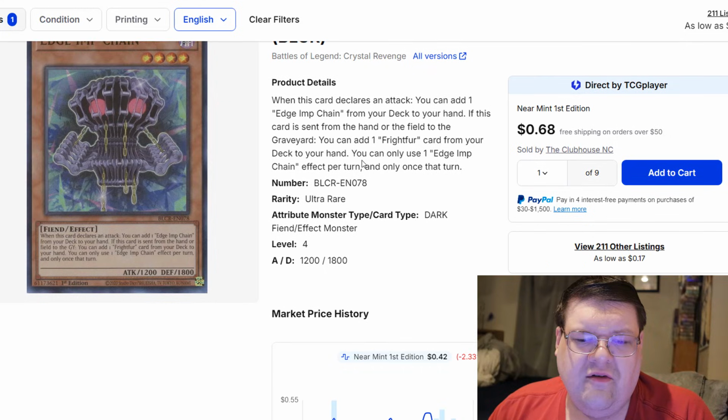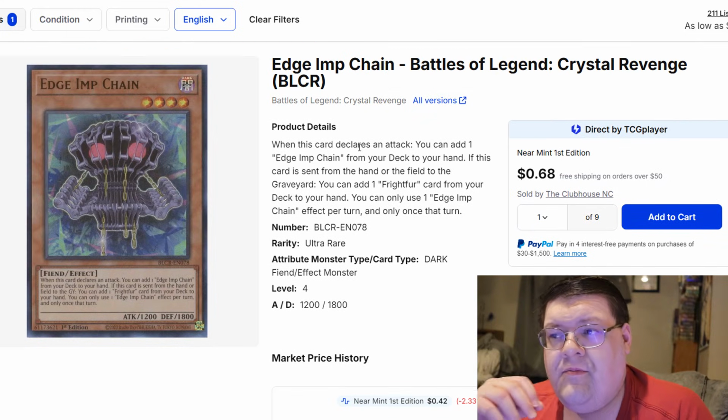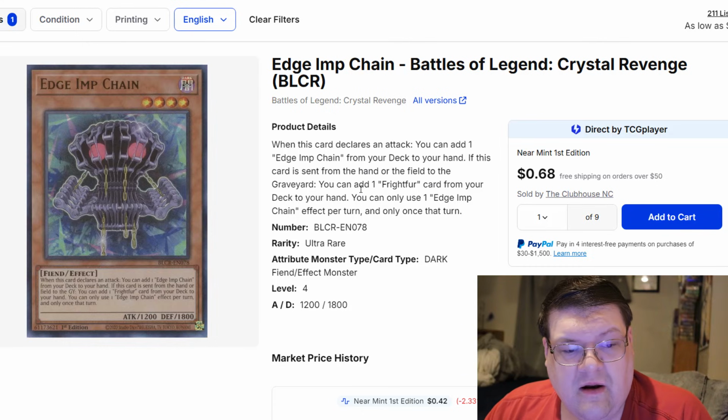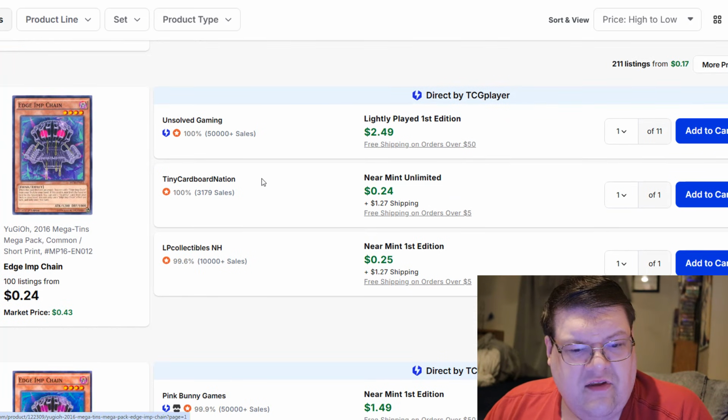The cool thing with this new support is, yes, you can play the Fright Fur cards in it. The Fright Fur stuff does have some really cool synergy in this because, literally, sent from the hand or field to the graveyard, add a Fright Fur card from your deck to your hand. So, this automatically gets us into some searchability, which, okay. Now, the rest of the Edge Imp stuff,